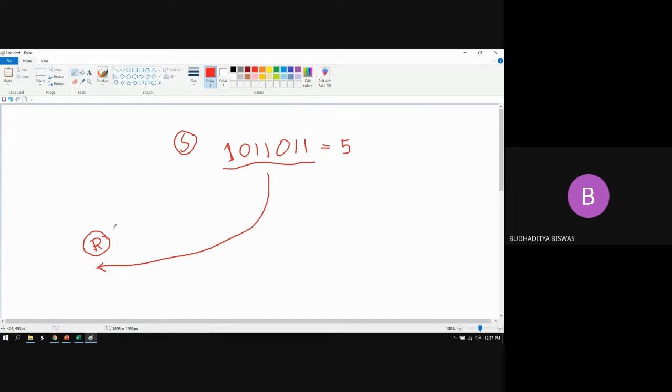Suppose in this particular data, the sending end station tells the receiving end station that the total number of 1 is odd.